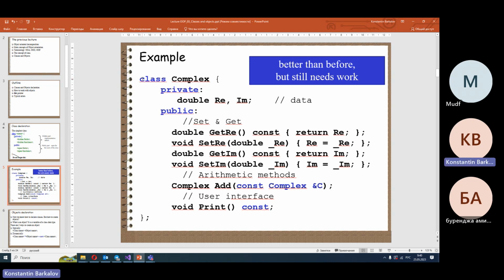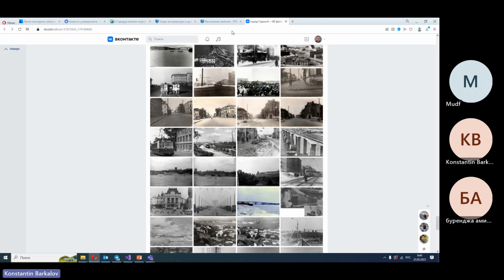In the previous lesson, we considered a simple example, the example of class complex. This class corresponds to the so-called complex number. What is a complex number? I show you on